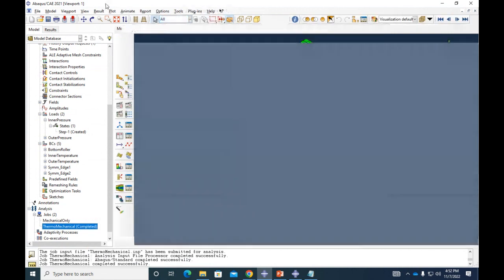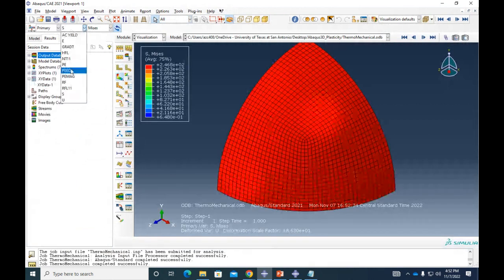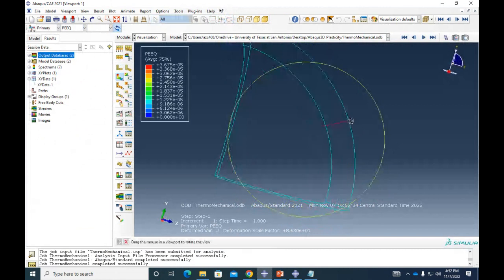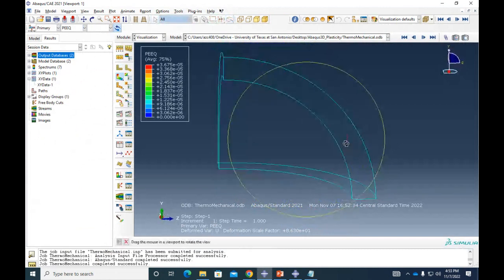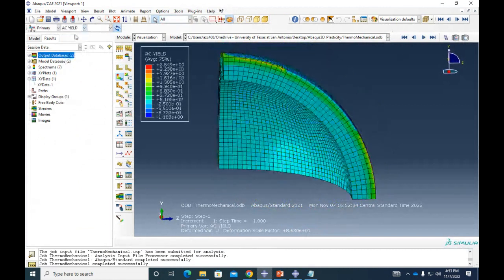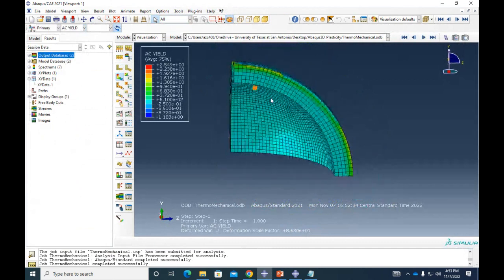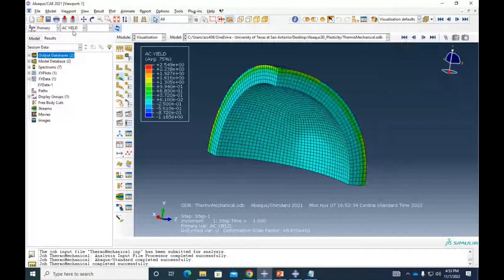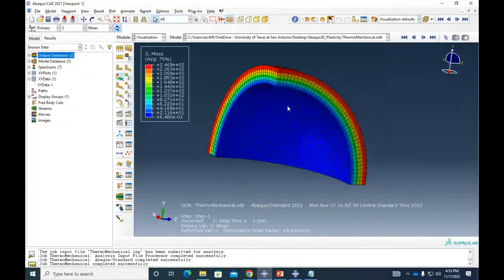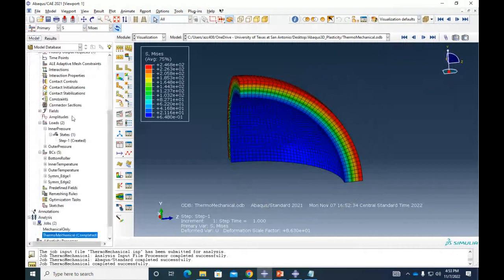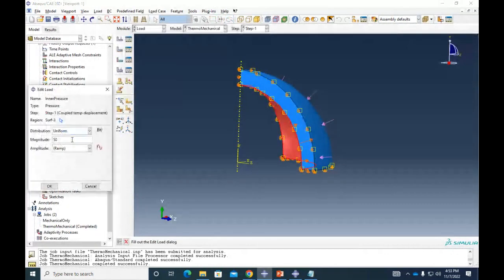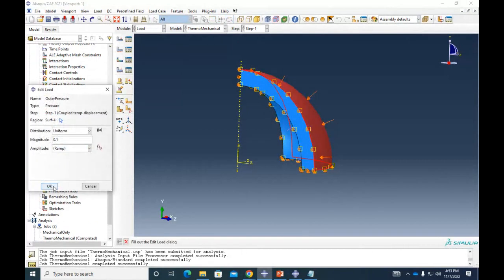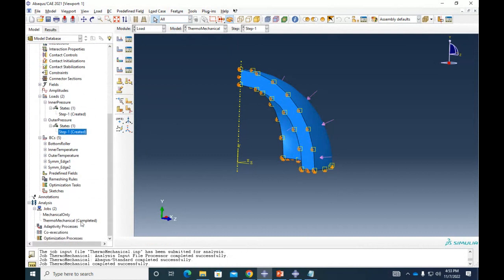So let's take a look here at the results. And let's take a look here at the equivalent plastic strain. All right. We have some yielding in here. Let's take a look here at AC yield. So yeah, we do have some yielding here in our structure. Let's take a look here at the von Mises stress. Did I change the outer? No, so inner 50 and then outer pressure 0.1. Now that is correct.